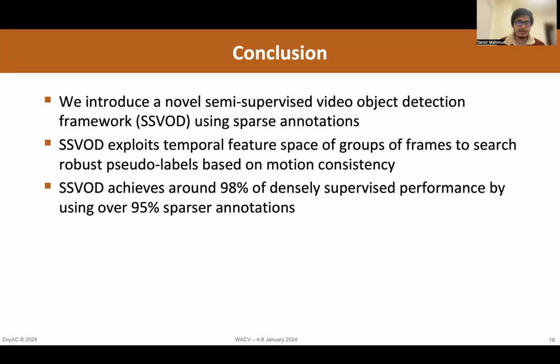So in summary, we introduce a novel semi-supervised video object recognition framework, that is SSVOD, using sparse annotations. SSVOD explores the temporal feature space of groups of frames to search for robust pseudo labels based on motion consistency. SSVOD achieves around 98% of densely supervised performance by using over